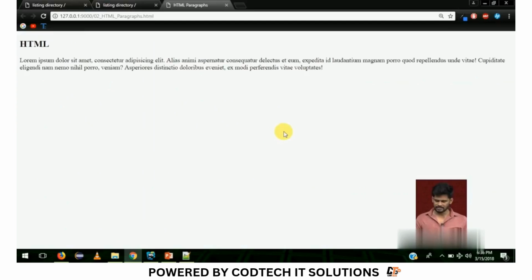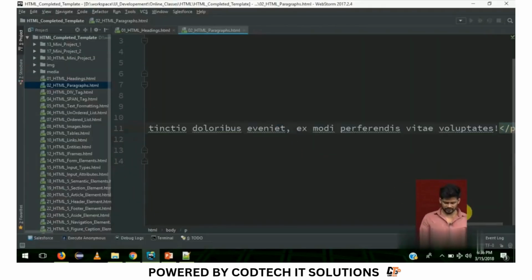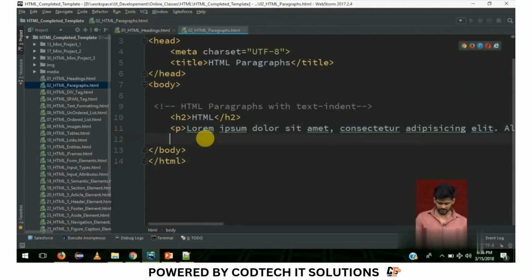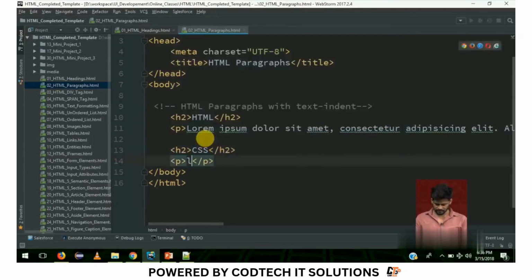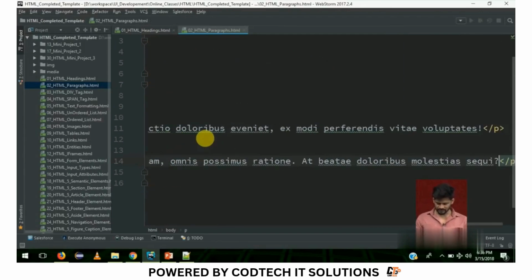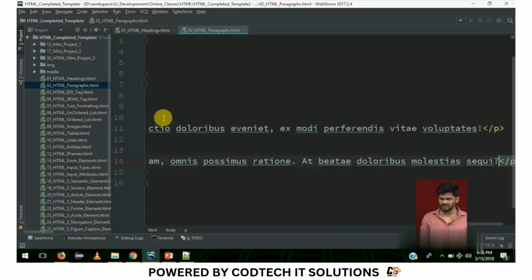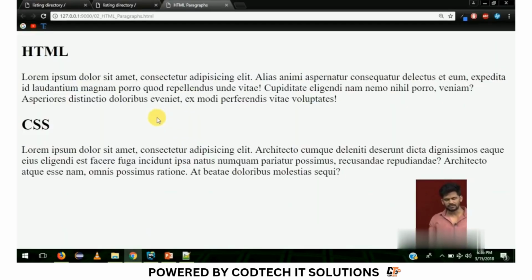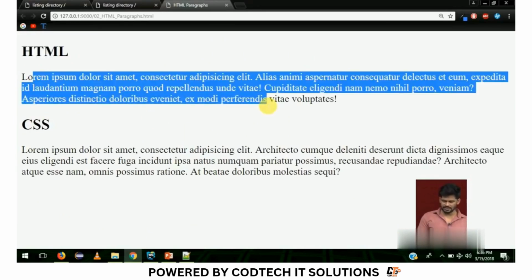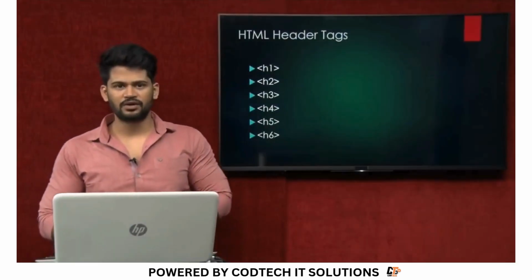See, this is HTML. Okay, we can even add some more headings and paragraphs here. So H2, this is CSS. Let me add one more paragraph here with some lorem 40 tab. So some dummy content. Yeah. So HTML and CSS. See, you observe I am not reloading it. The live server is automatically reloading the page. As soon as you change this, it reloads the browser and you are able to see it. You don't need to reload when you are using live server. So this is headers, this is paragraph. Yeah, now we are going to discuss about